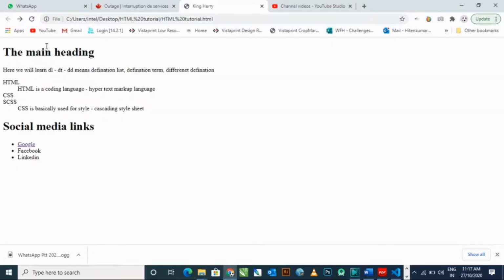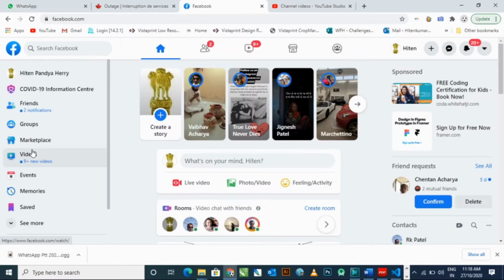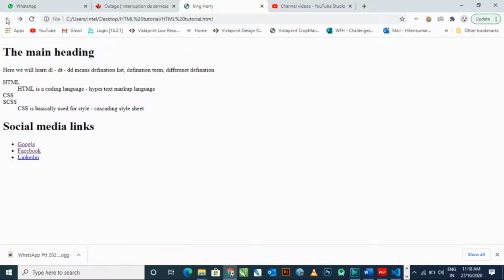Okay, Control S, and let me refresh the window, and now clicking on Facebook, you will see it is redirecting, but in the same window. Did you see that? It is redirecting perfectly, but in the same window.